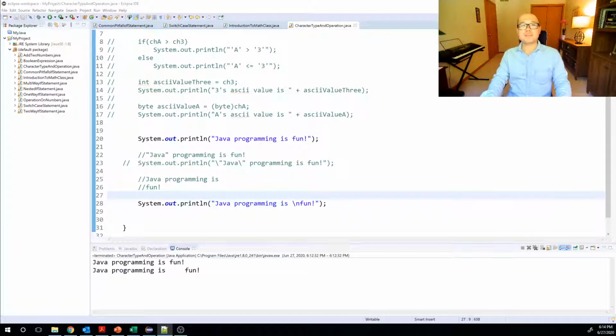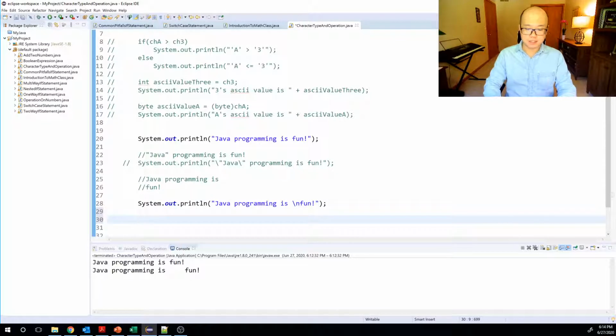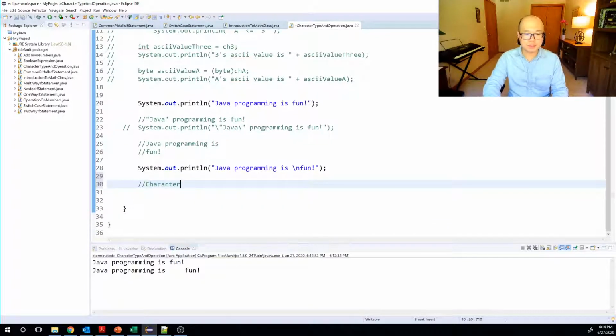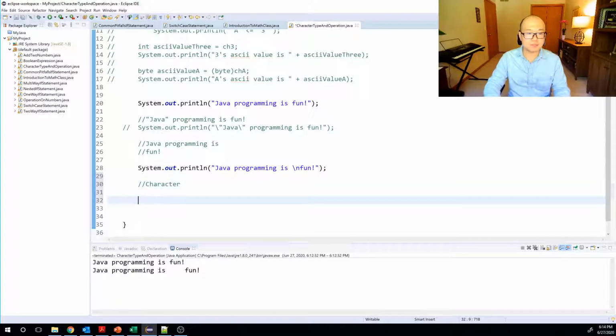Java actually provides a library named Character, with the first letter capitalized. It has a built-in class named Character. This class contains a set of functions or methods you can directly use to achieve what we just mentioned. So let me go ahead, just